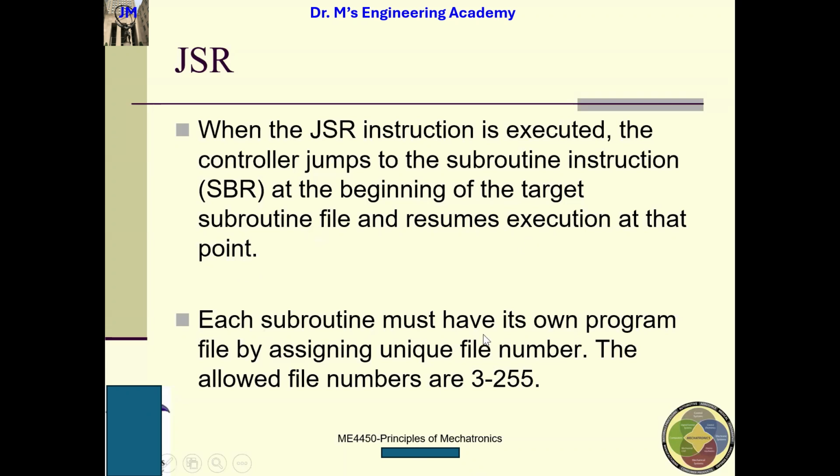Each subroutine must have its own program file by assigning a unique file number. The allowed file numbers are 3 to 255. So keep in mind, subroutines are functions, and within the PLC context,